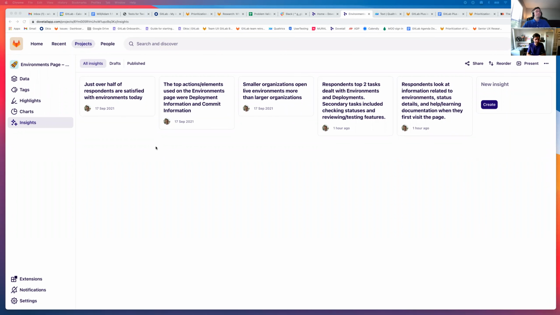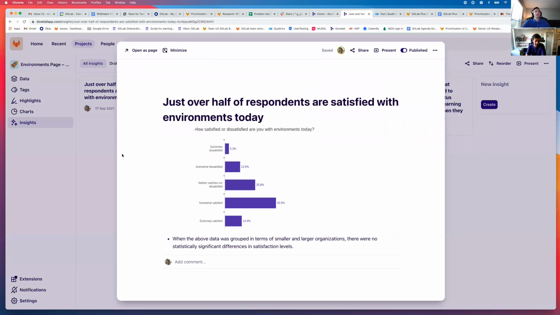So just kind of working our way from left to right. We're going to go through some of the information about the survey responses and respondents. So just over half of the respondents who filled out that survey that was shared, I think, as a banner on the environments page. Is that correct, Daniel? Yeah, that's correct. It was a banner on the page. So they accessed the survey,